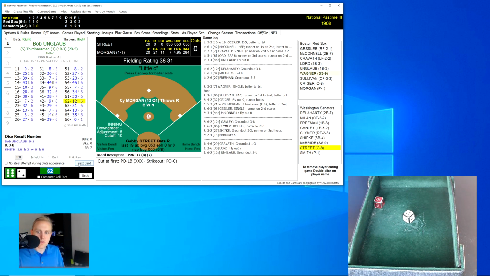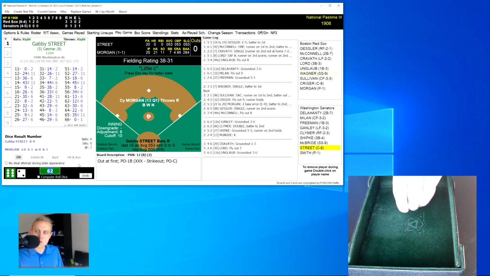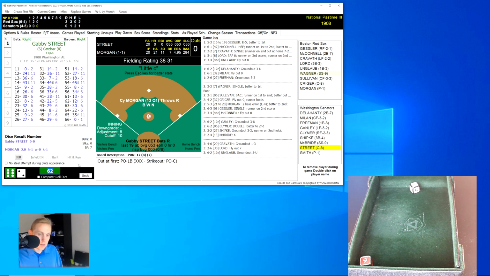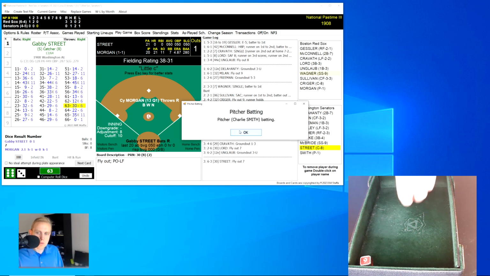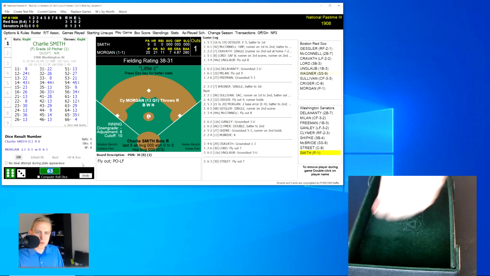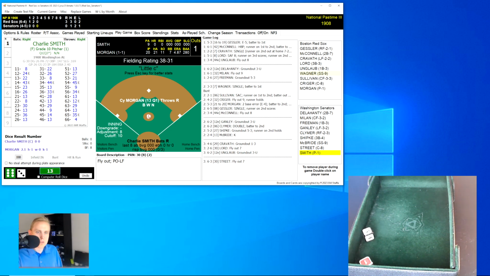He rolls a 62 for a 12. That's a little ground ball over to the first baseman Freeman, who grabs it for himself. Does it himself. We go to the bottom of the third inning, still 3-0 Red Sox. Gabby Street rolls a 63 for a 30. That's a fly ball to Kravitz in left field, 1 away, and here's Charlie Smith, who rolls a 13 for